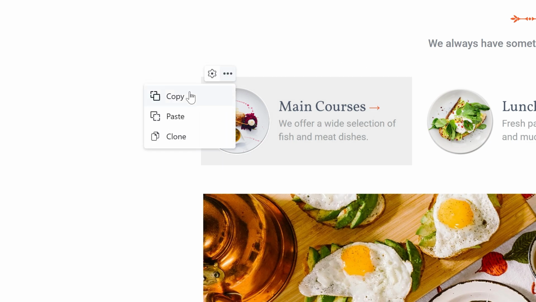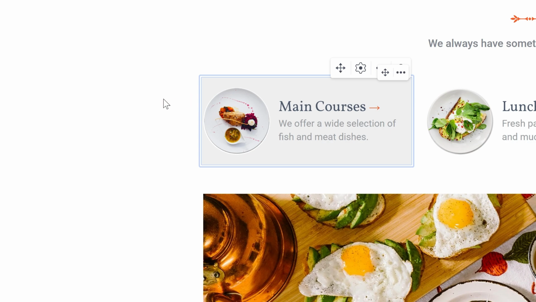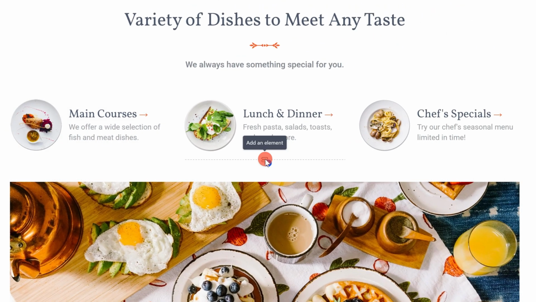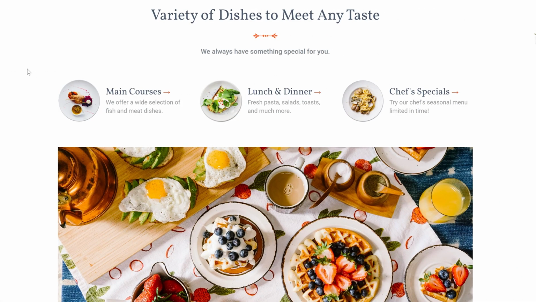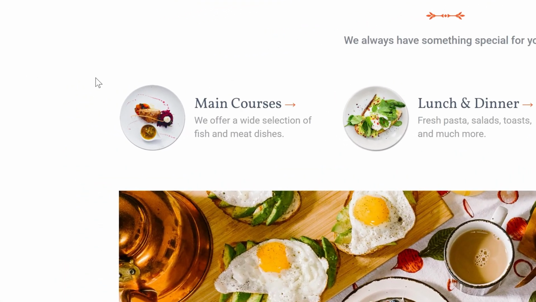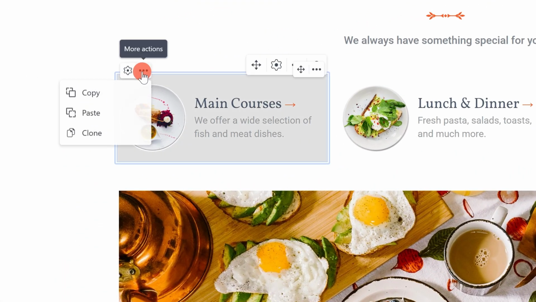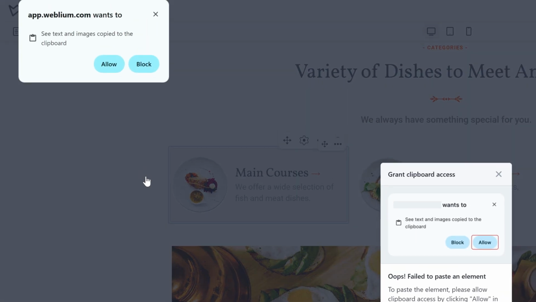Then select Copy from the drop-down list. To paste the copied element, click on Add an element in the desired location and select Paste. Or hover over the element you want to place the copied element below, click on the ellipsis, and select Paste from the drop-down list. The first time you perform this action, you will need to give Weblium access to the